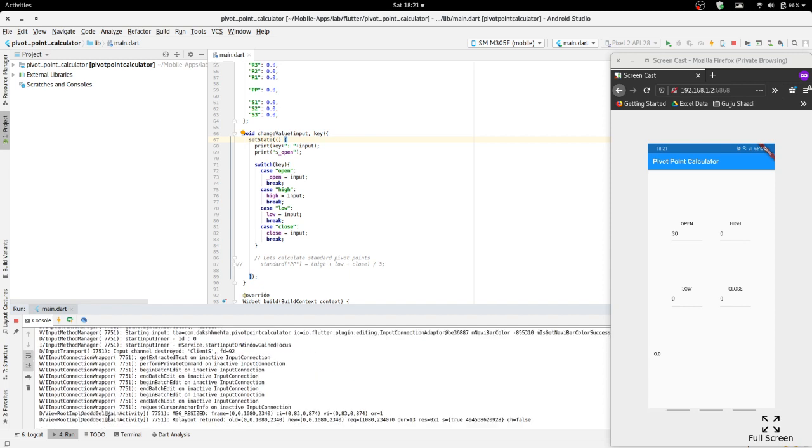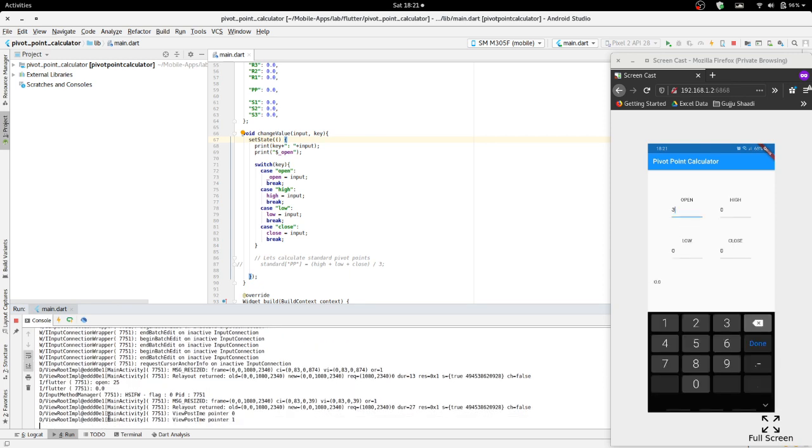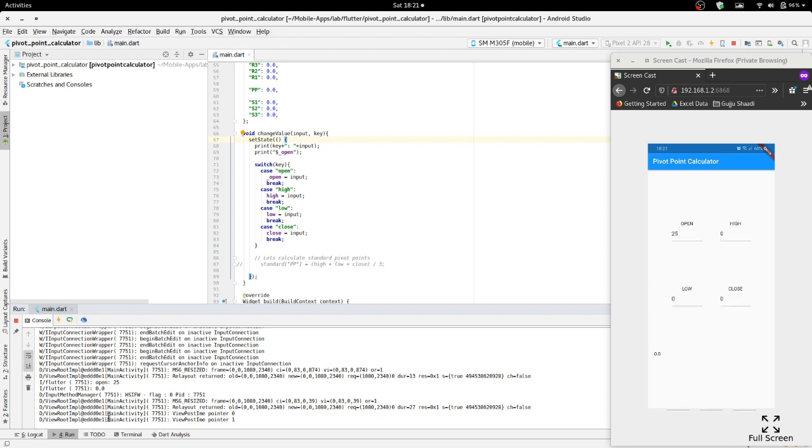We still get it. It doesn't update at all. I mean, setState doesn't work. Open, underscore open, and open locals. Okay, let's say if I